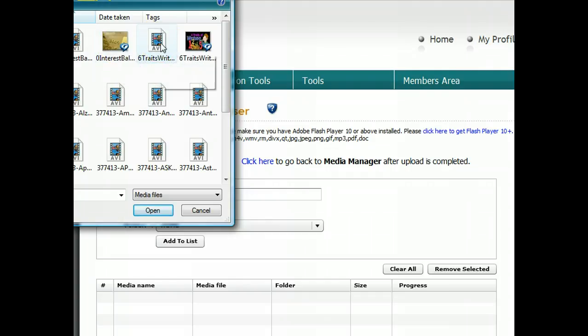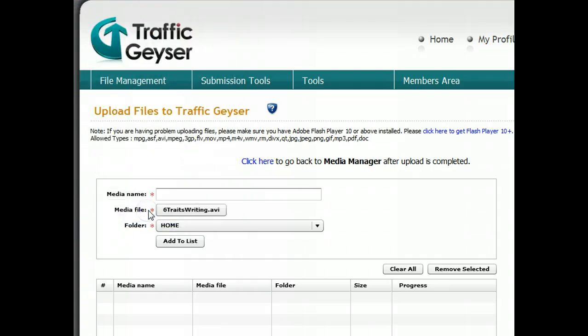So as you can see, these are the same two videos. This one here as an AVI is 14 megs. This one here is 9 megabytes. So it might take a little bit less to upload. So what I'm going to do is take the AVI one. I'm going to click on open. It appears here. And I'm going to click on here, 6 traits